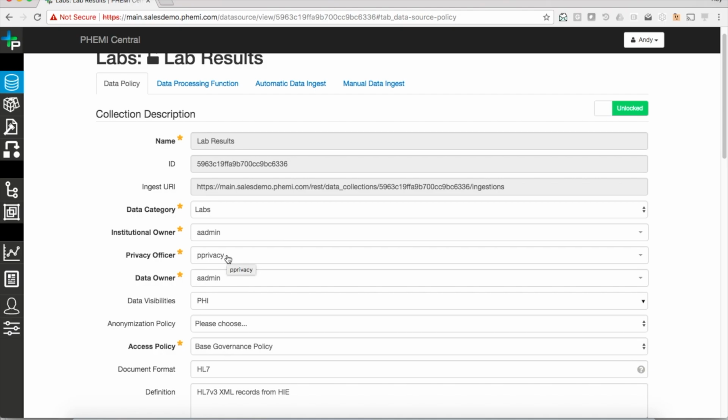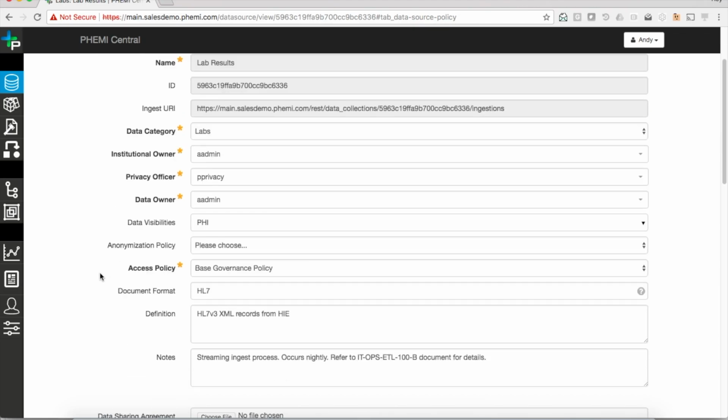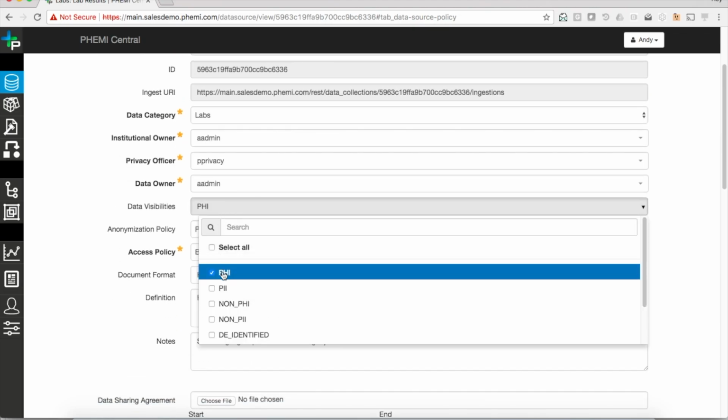The privacy officer is the person that's permitted to look at the interactions with the system, the audit of the actual things that are introduced into the system. And the institutional owner corresponds to who's actually in charge of this data outside of it being inside of this particular system. The next configuration we'll dive into here in more detail, where I can specify the tags that are